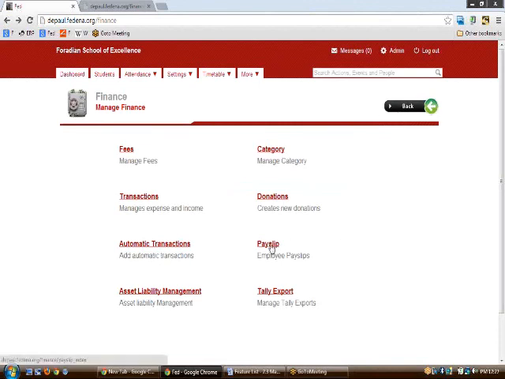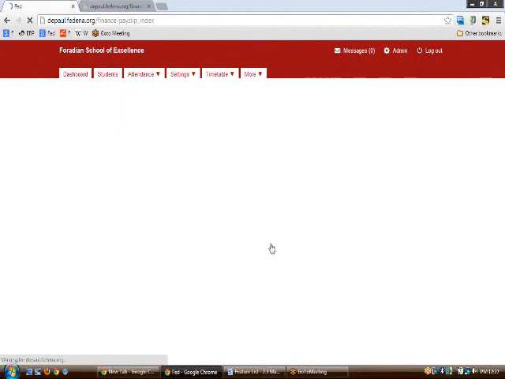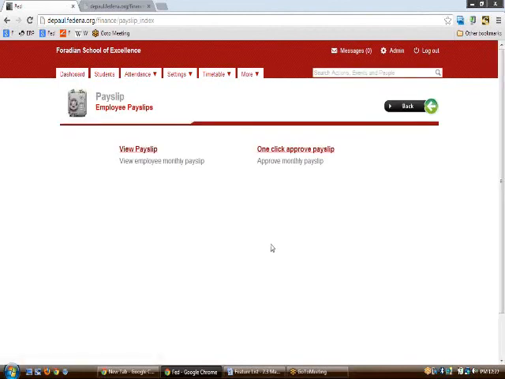Now we would be knowing more about the much awaited payslip part of the finance module. So to know the payslip part, just click on the payslip icon here, and you can see how the payslips are to be approved or rejected for a particular employee. Let us say that from the HR part, the HR has created a new payslip for a particular employee. Then you can just view the payslip of that employee and take the decision of whether approving or rejecting it.